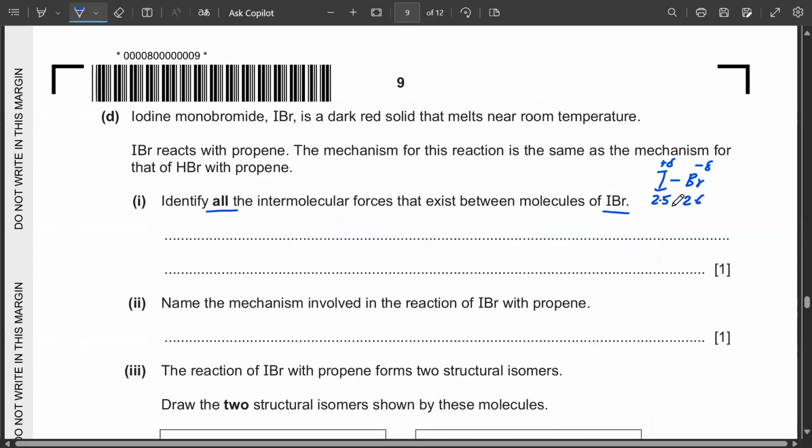Because of this difference, we can see the type of force between them, the intermolecular force, not the intra. Do not give the answer in terms of intra, because intra includes covalent, metallic, and ionic. Do not write this. That will be incorrect. You need to give the answer in terms of inter. So inter means we have the permanent dipole forces, or PDPD force. You can either write the complete name of this type of force, or you can also write the short form,